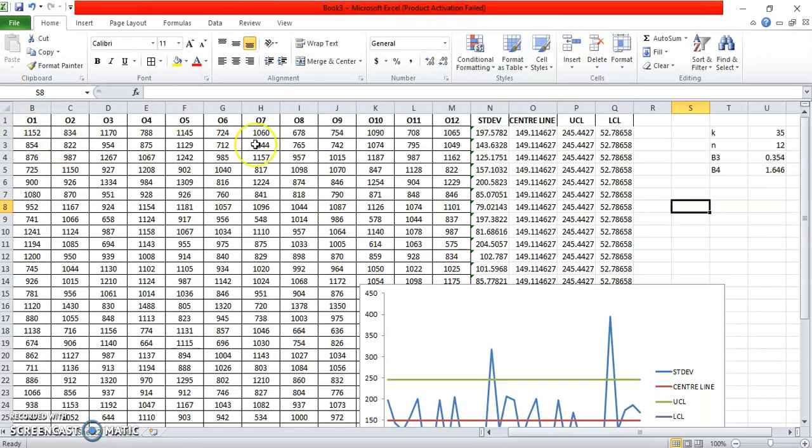Just to give a quick recap, we first calculated the standard deviation for all the observations, and then with the help of the sum of the standard deviations along with the total number of samples, we were able to find the central line. Using the formulas B4 S bar for upper control limit and B3 S bar for lower control limit, we found these control limits, making use of the appendix table given in the study material at the end and also provided in the formula brochure.